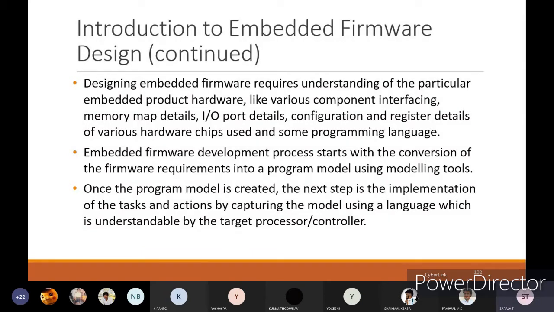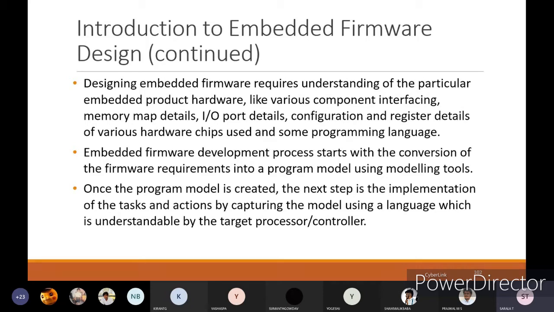Once the program model is created, the next step is the implementation of tasks and actions by capturing the model using a language which is understandable by the targeted processor or controller. Once you have selected the programming model, like a microcontroller programming model, and the software used to write the program is Keil MicroVision, I am writing the program for any application under Keil MicroVision.